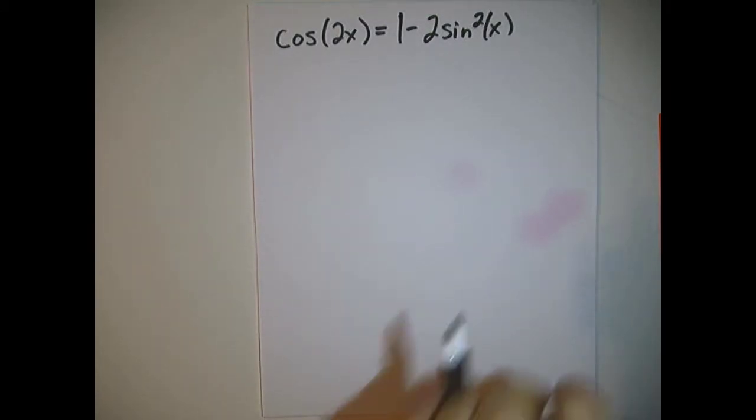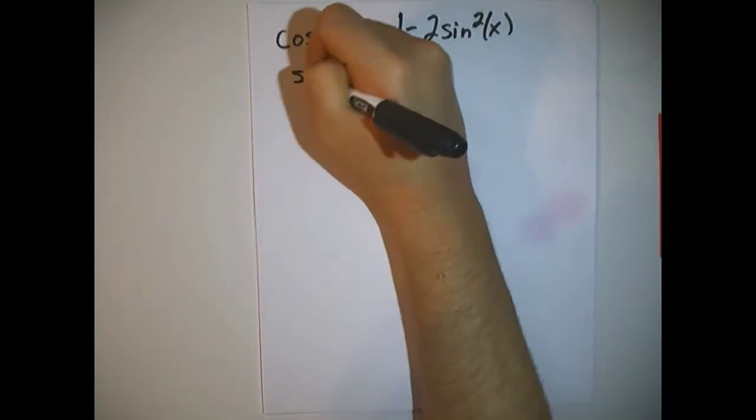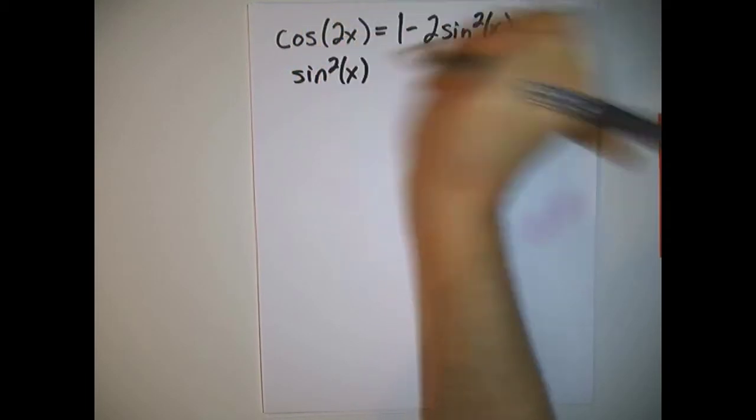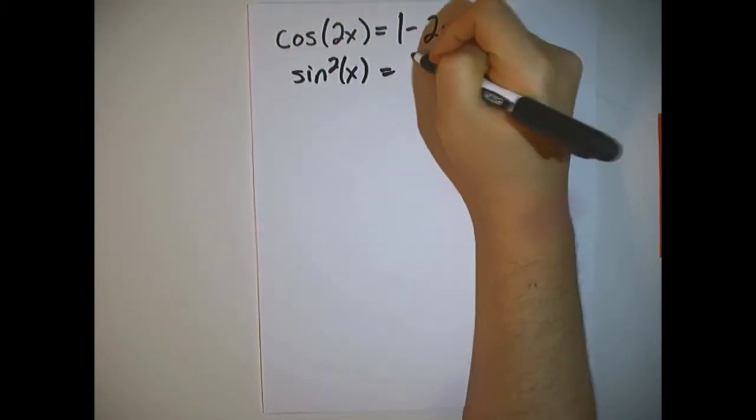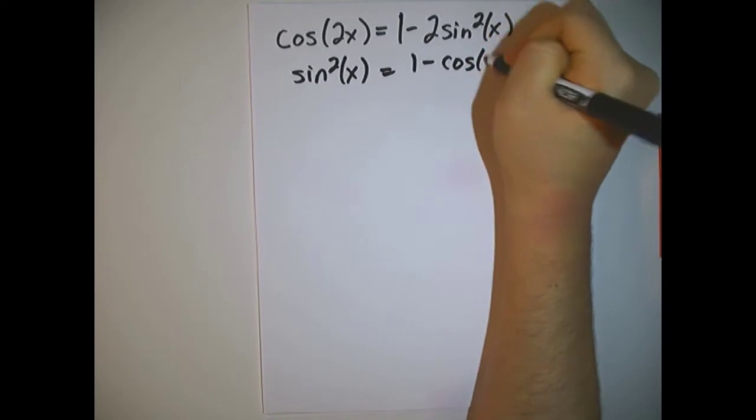And so you could rewrite sine squared of x as 1 minus the cosine of 2x